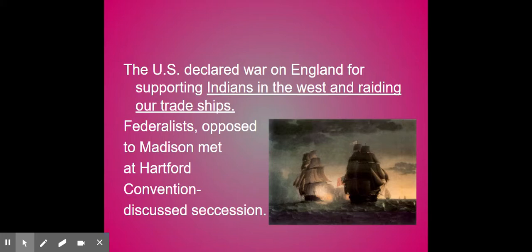They actually meet in Hartford, Connecticut in 1814. And they propose secession. They actually propose that the Federalists leave the country because they do not agree with Madison and this war. Now, the war has been going on for 2 years, but they're fed up with it. It doesn't look like we're going to win, and it's very, very unpopular. So these Federalists actually meet to propose secession. Now, nothing happens, because to be honest with you, by the time things get around to them working it out, we've already won. But they actually propose leaving the Union because of this war.